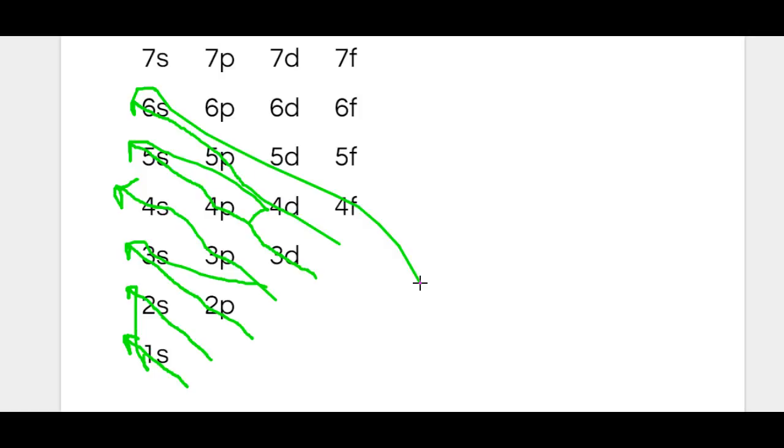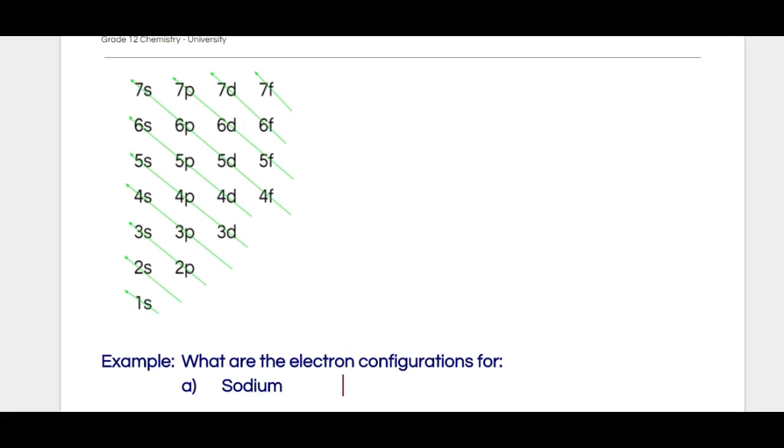I'm going to do that again just to show it a little bit more neatly. So there you can see a neater presentation. Until we figure out how to use the periodic table to help us with this, this diagram will help us to know the order of filling those subshells. So let's do some practice. Keeping this diagram in the frame, just so we can remember the order of filling the subshells,